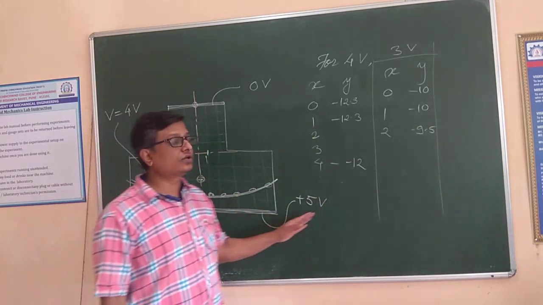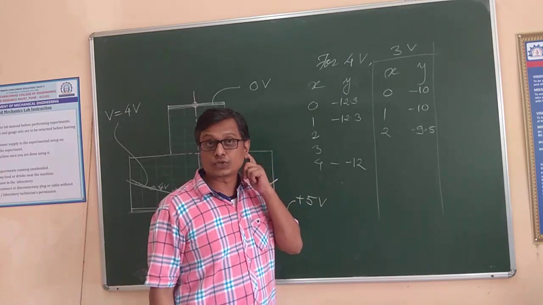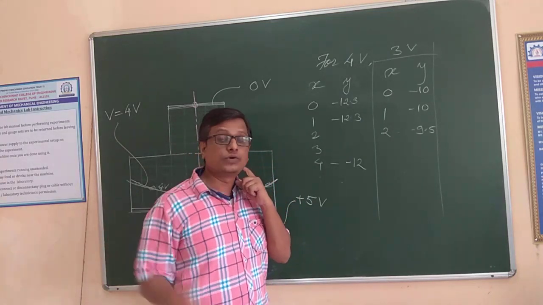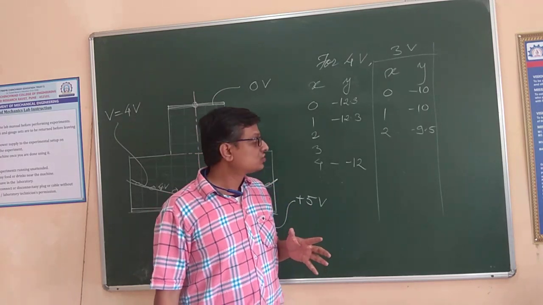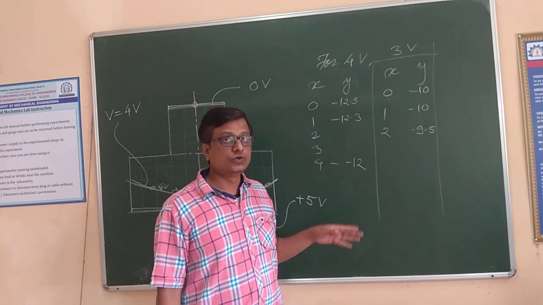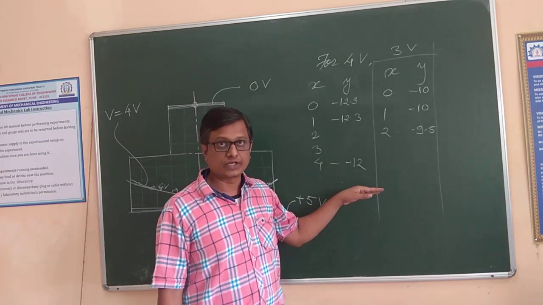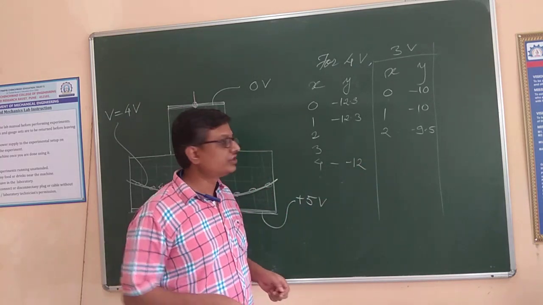Taking down these readings takes a lot of time. First of all, the Redwood viscometer takes 3 to 4 hours to complete the entire experimentation, and even the electrical analogy takes at least 2 hours to complete, right? So I haven't taken all the readings. I am simply explaining the concept in which you are supposed to take down the readings, right? So I have taken random readings; perhaps the other readings of the previous batches I have already shared with you.